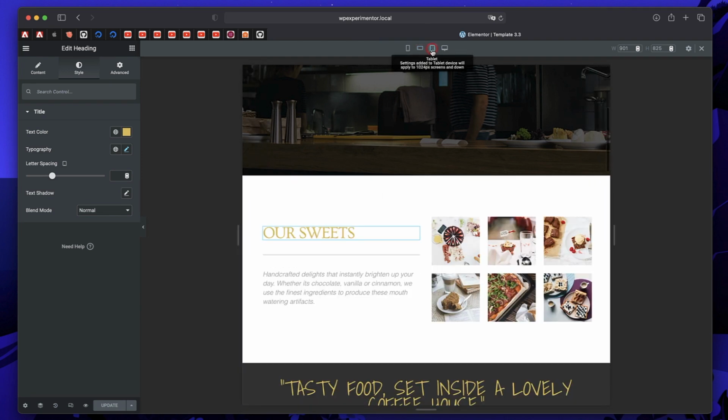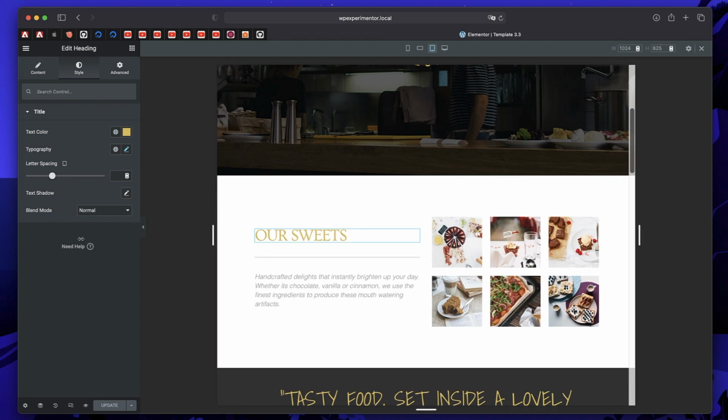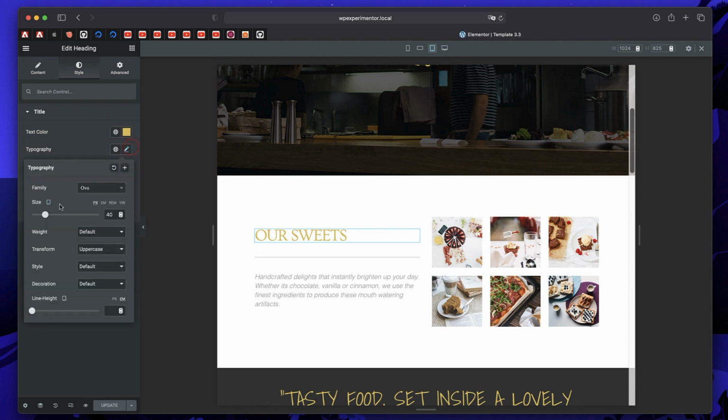Now let's go to tablet view, and the tablet view maxes out at 1024 pixels, and the lower end is by default 901 pixels because the next breakpoint is 900 pixels. So anything from 901 pixels to 1024 pixels falls under my tablet view. So if I change the heading for tablet view to 40, anything between 1024 to 901 will have this 40 pixel size. If I go below that, the mobile breakpoint view's property values will be applied, and that's how the